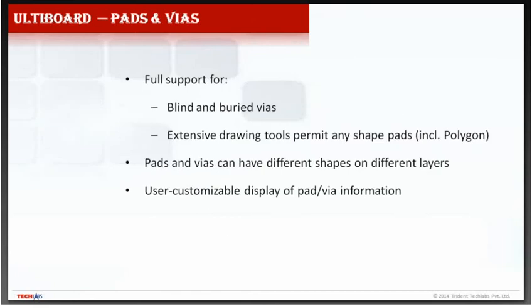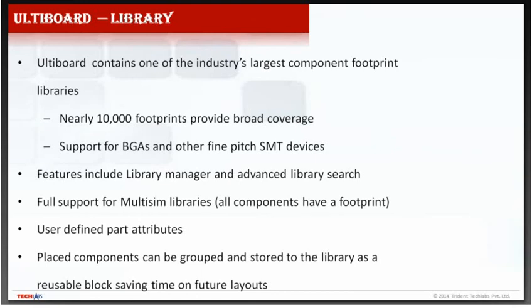It also introduced different pads and vias for designing the PCBs. These are some of the libraries. I have already mentioned that over 10,000 footprints are available for through-hole technology as well as surface mount technology, with BGA type of things. It also has full support for Multisim library components. All the components present in Multisim can be integrated into the Altiboard libraries. That means all those components can be transferred or utilized in the PCB designing for Altiboard.